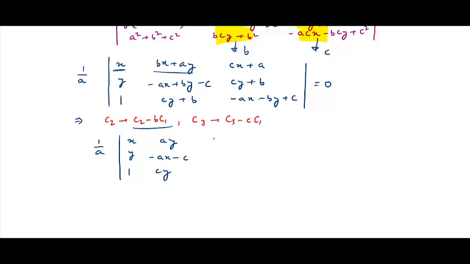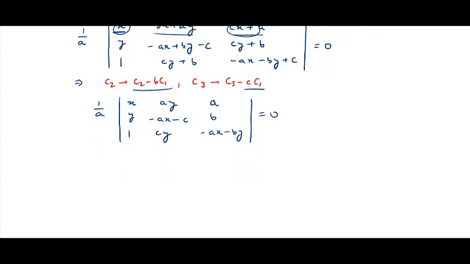Now you have to subtract from the third column c times the first column. So from here I will subtract c times this. So this will give you a, b, minus ax minus by equal to 0. So determinant now looks a bit simplified. It is not that scary to expand, but we'll simplify it further, we'll simplify it more. So I use one more transformation,